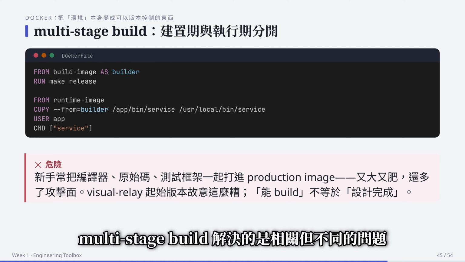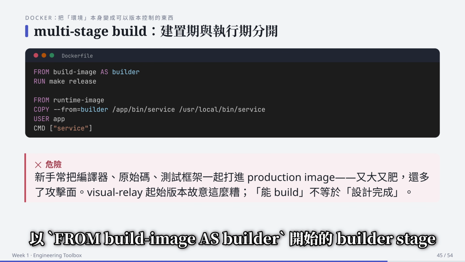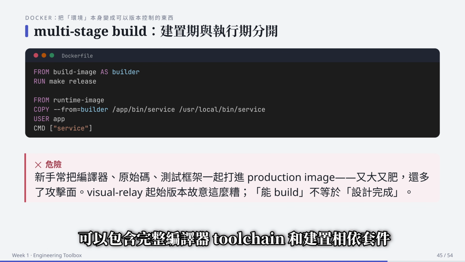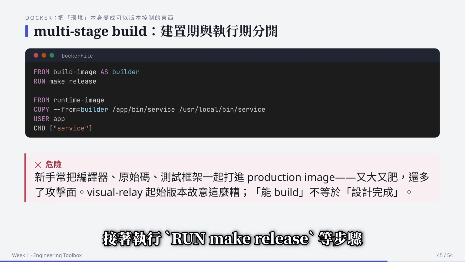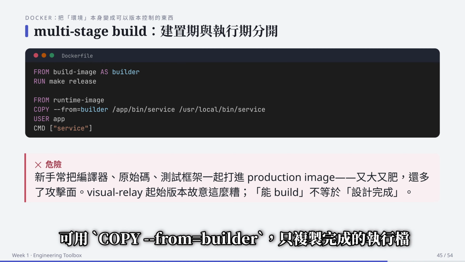Multi-stage builds solve a related but different problem, separating what you need to build the code from what you need to run it. A builder stage beginning with FROM build-image AS builder can contain the complete compiler toolchain and build dependencies, followed by a step such as RUN make release. A separate runtime stage can then use COPY --from=builder to copy only the finished binary before setting